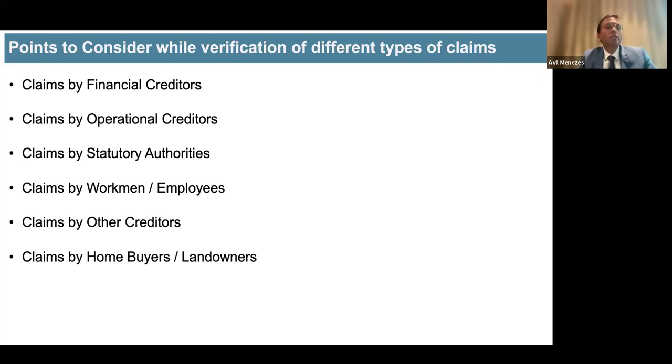But when you come to a CIRP, during a CIRP, the employee gratuity and provident fund, irrespective of whether the amount has been appropriated by the corporate debtor to a different fund or not, as long as it is pending in a CIRP, that will have to be paid. Either it is deducted from the entire plan proceeds, or the RA is supposed to pay.